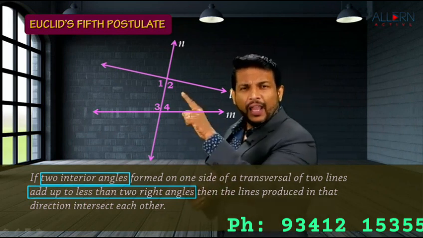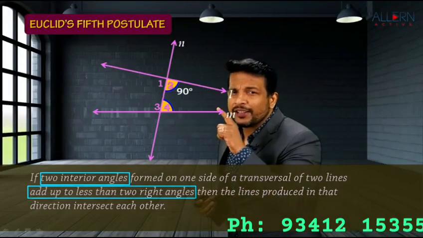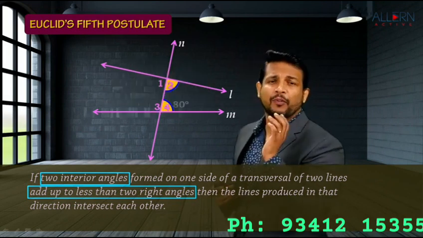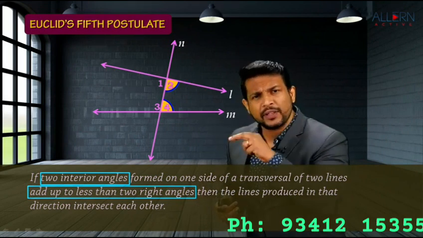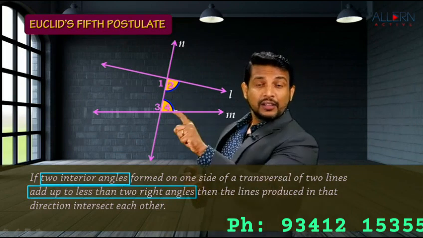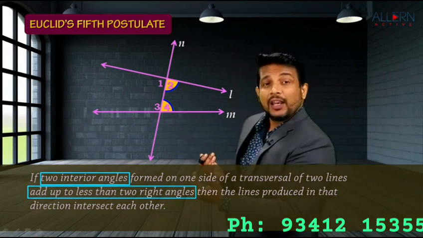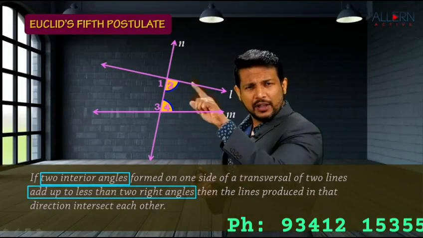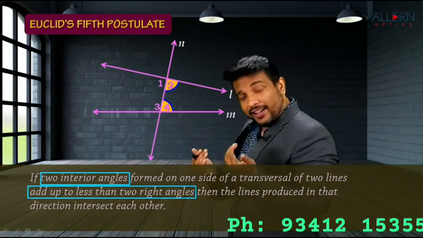Let's see that. Angle 2, if you measure it with the help of a protractor, we happen to get it as 90 degree. Angle 4, if you measure that with the help of a protractor, we get it as 80 degree. 90 plus 80, how much is that? You're talking about the sum. It is 170. That means here, the interior angles which are formed on this side of transversal N, its sum is less than 180 degree. So we are talking about the transversal, on this side, we are talking about these lines. The angles which are formed on this side, interior angles.